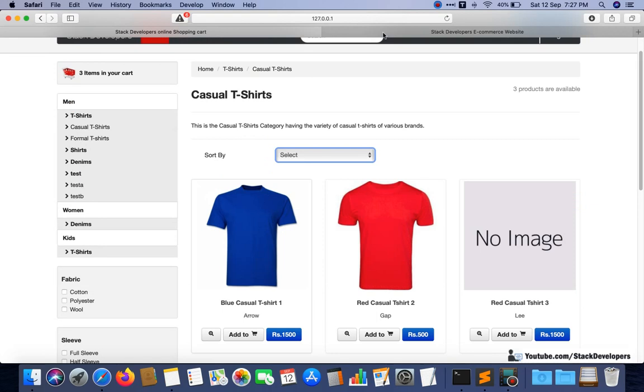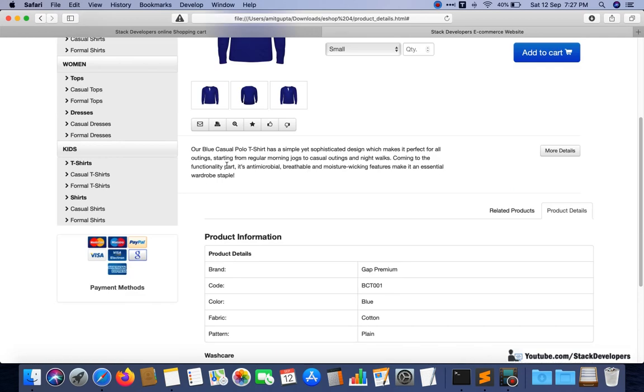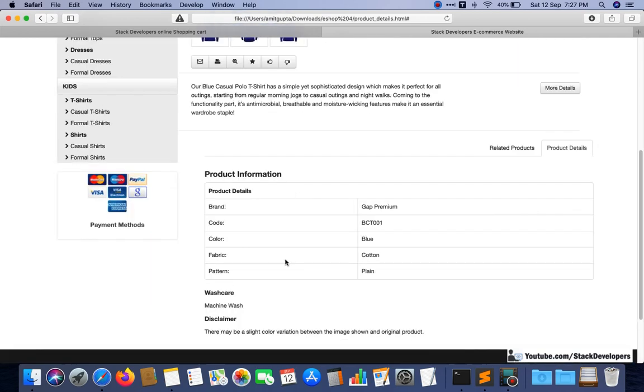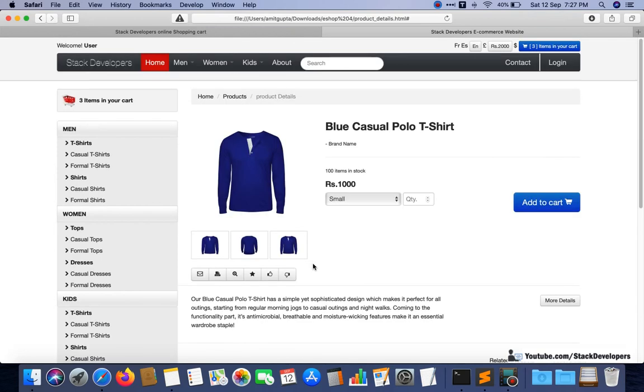Its image will also come, alternate images will also come, its name will come, its description will come, all the information will come up here. So first we will embed the design. Second, we will call all the information of the product dynamically, from the admin panel, dynamically from the products table. We are going to do that after embedding the design.